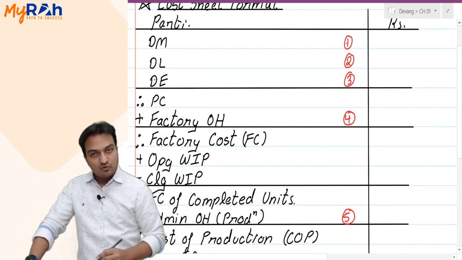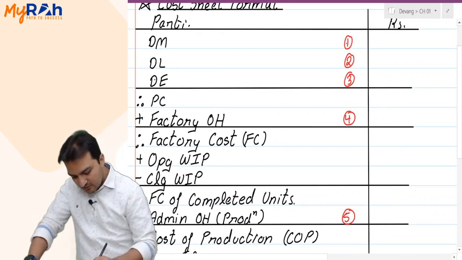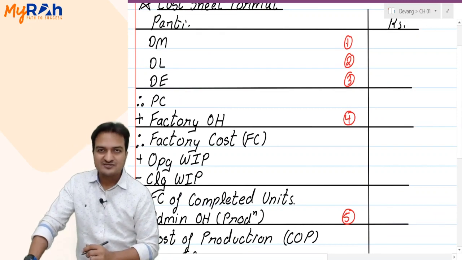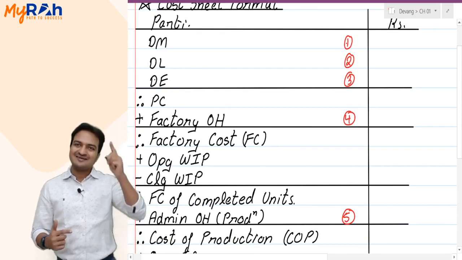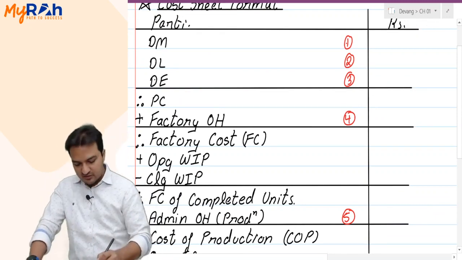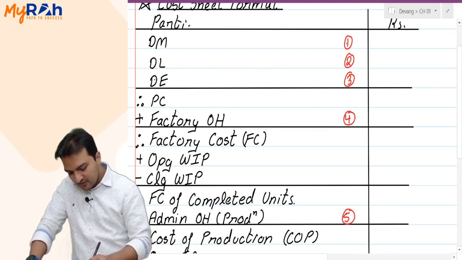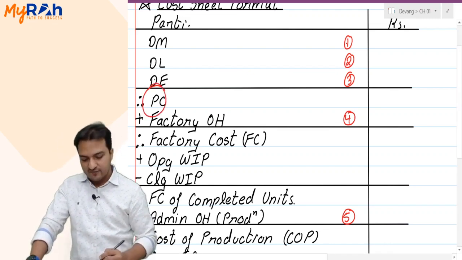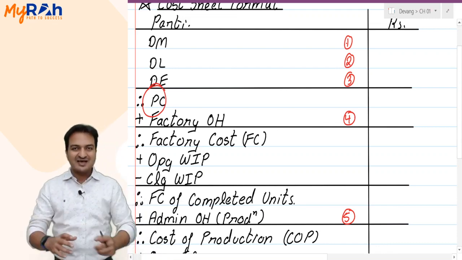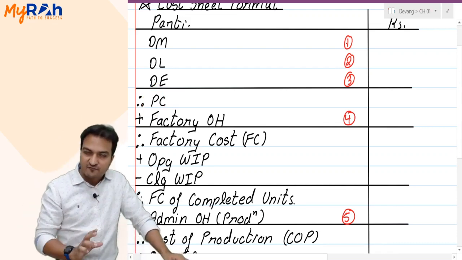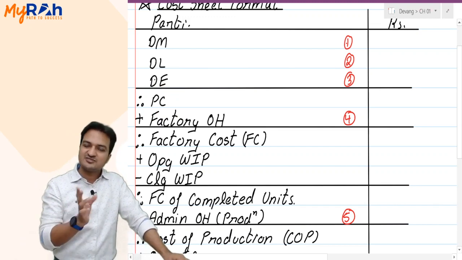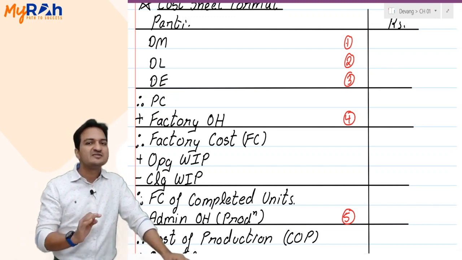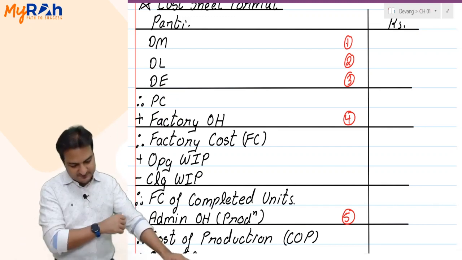Like one name you already learnt last time, that was prime cost. Prime cost was the total of all direct items of cost that we already learnt last time. Similarly, there are certain other names also that we will be learning over here. We'll see that. Chalo. First, I will explain all the names in the cost sheet format. I'll give you some explanations about that, and then we'll start with some calculations. Yeah. So notice